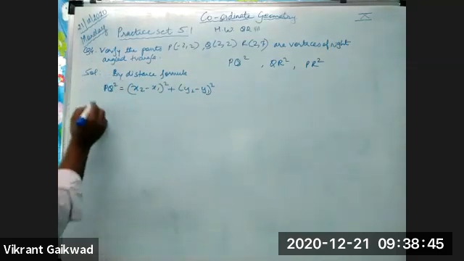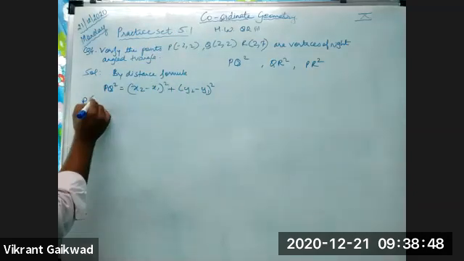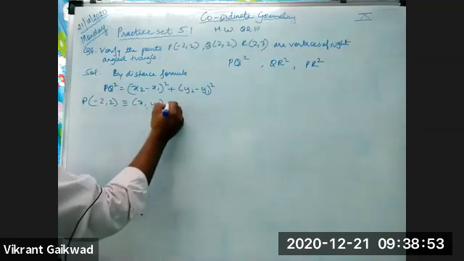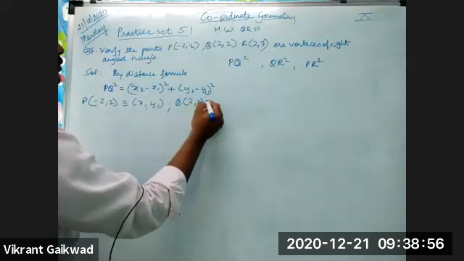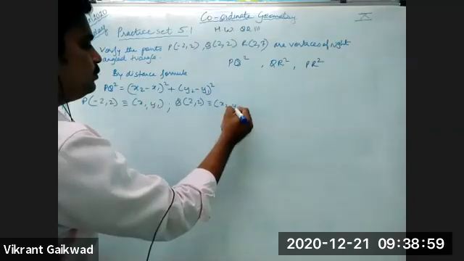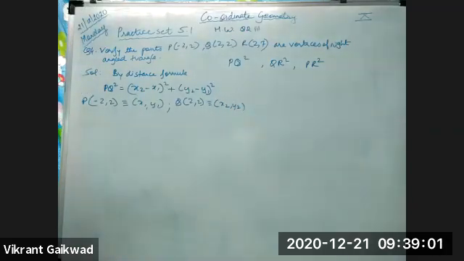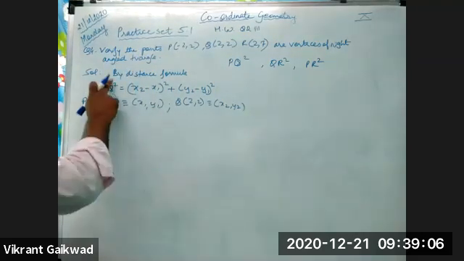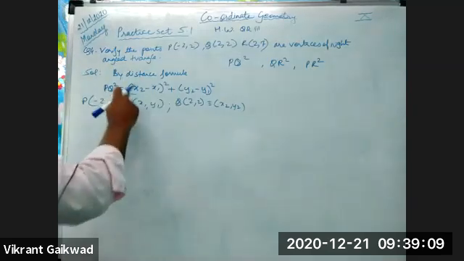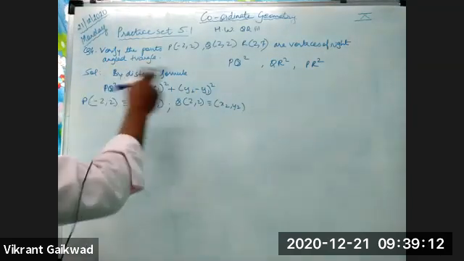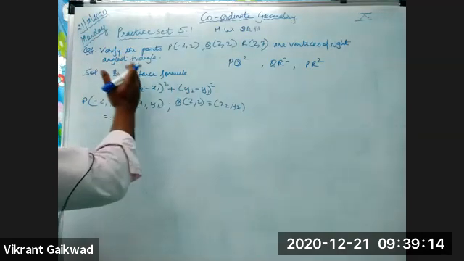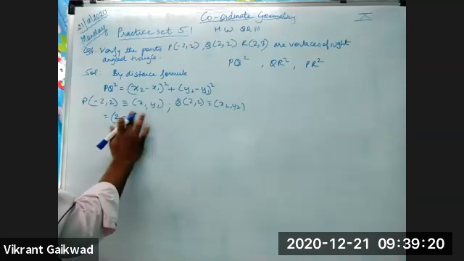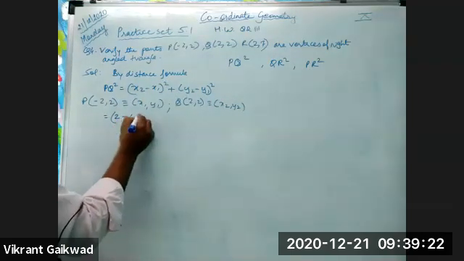Now P coordinates are minus 2 comma 2, so that would be equivalent to x1 y1, and Q coordinates are 2 comma 2, so that would be equivalent to x2 y2. Check, it is the distance formula only, but I'm taking the square. Okay, I'm taking the square, so here I have not put the root sign. So that is equal to x2 minus x1. x2 is 2, so 2 minus of minus 2 the whole square.